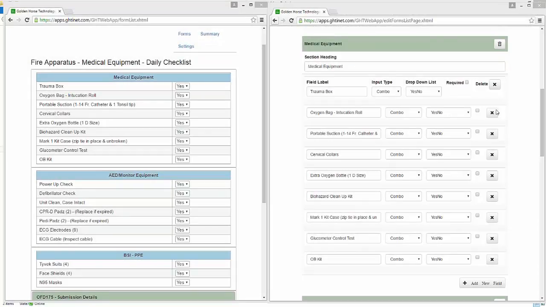As just a quick demonstration, you can see here on the right we have our section heading as medical equipment, and then on the left we see medical equipment here. And underneath we have our fields: trauma box, oxygen bag, portable suction, and they are over here: trauma box, O2 bag, and portable suction. And these are our drop downs, which are demonstrated here. Just a quick view of what you're looking at in the form configuration and how it actually ends up looking